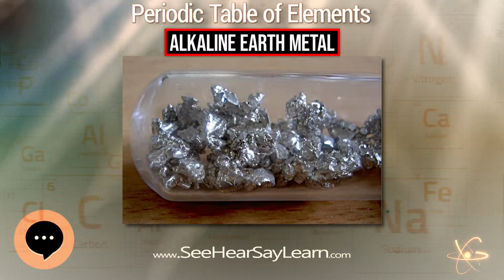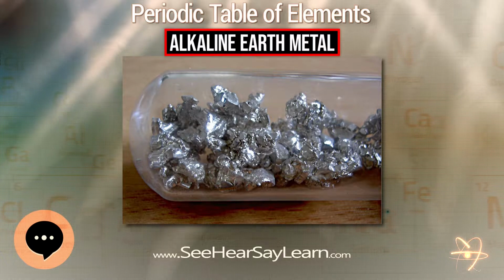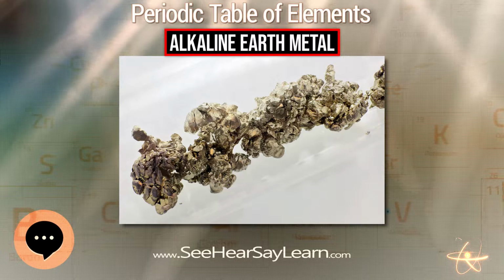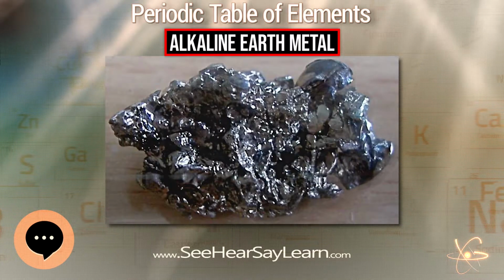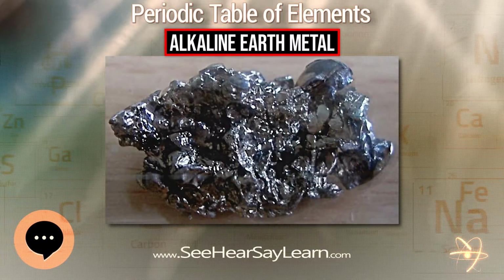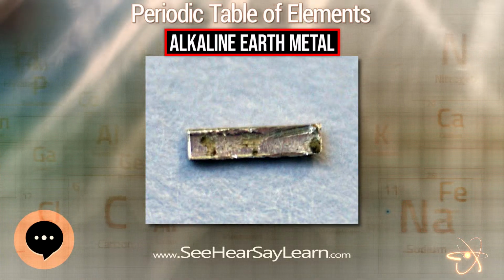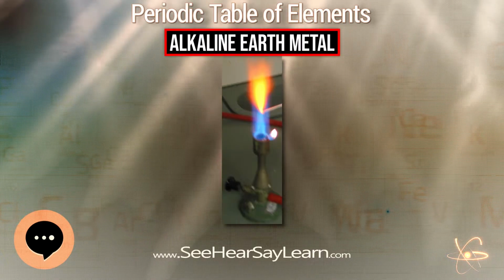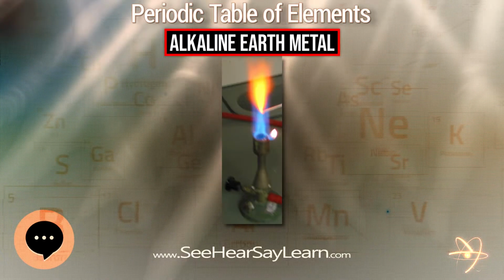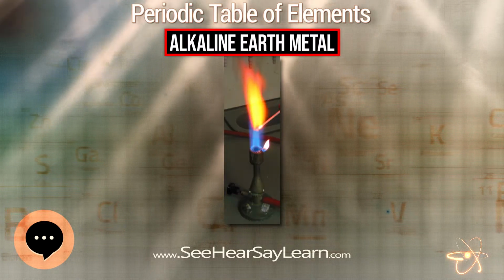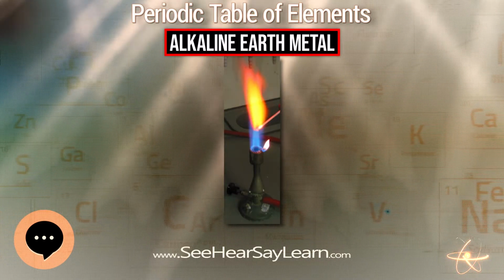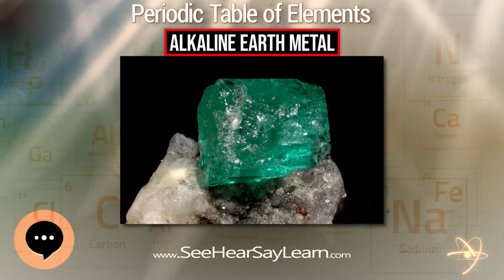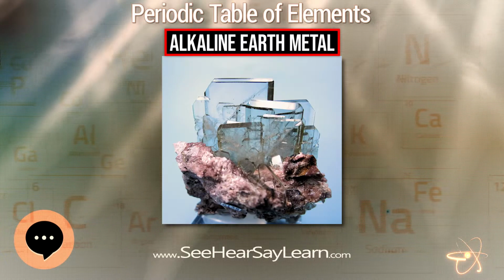Strontium carbonate was discovered in minerals in the Scottish village of Strontian in 1790. The last element is the least abundant, radioactive radium, which was extracted from uraninite in 1898. All elements except beryllium were isolated by electrolysis of molten compounds. Magnesium, calcium, and strontium were first produced by Humphrey Davy in 1808, whereas beryllium was independently isolated by Friedrich Wöhler and Antoine Bussy in 1828 by reacting beryllium compounds with potassium.